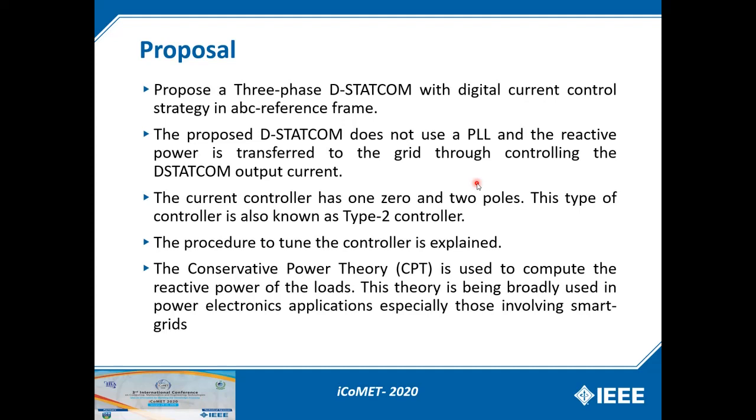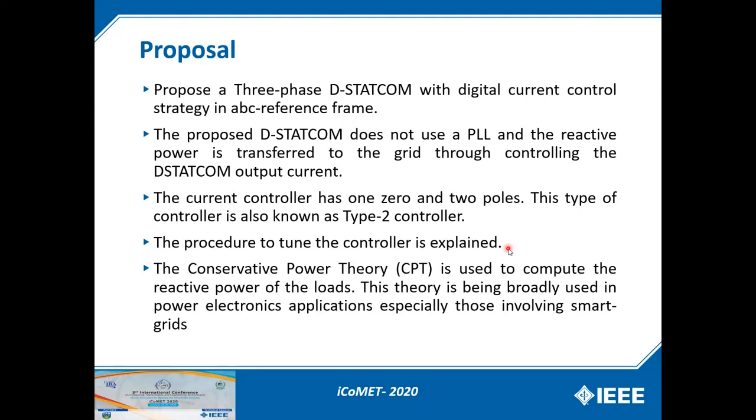On the conventional STATCOM we have the DQ rotating reference frame and PI controllers, which are really easy and well defined how to tune. And here in this proposal we are not using DQ anymore, we are using the ABC reference frame. So the controller needs to be more sophisticated. In this case we are using a controller which has 1, 0 and 2 poles. The procedure to tune such a controller is explained in the paper, and this is also a differential of